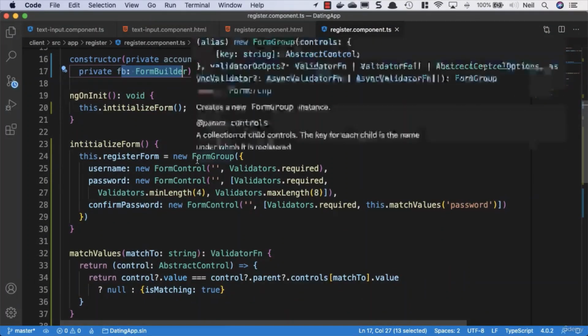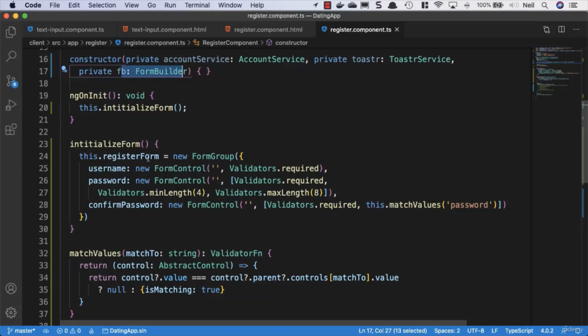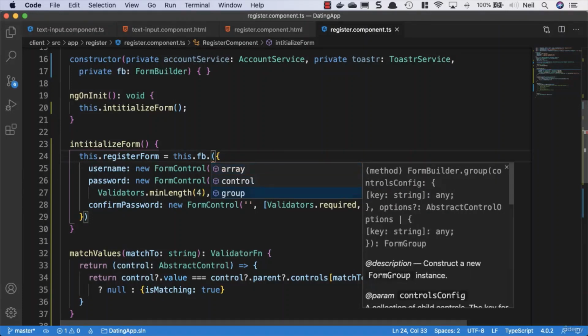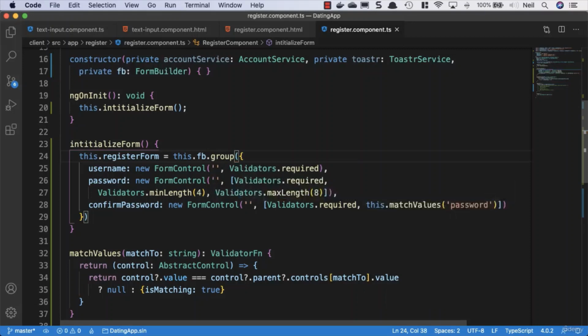So what we'll do here, instead of saying this.registerForm equals a new FormGroup, we say this.registerForm equals this.fb, and then we can choose group. We do have different options here. We can create a new control, we can create an array of groups, but we're just going to use a form group. We're just doing the same as what we did, but we're just going to make use of this